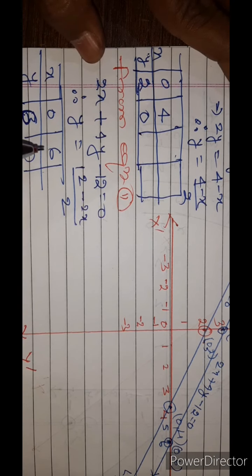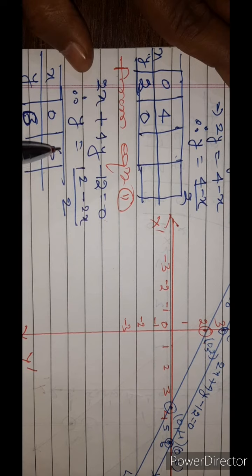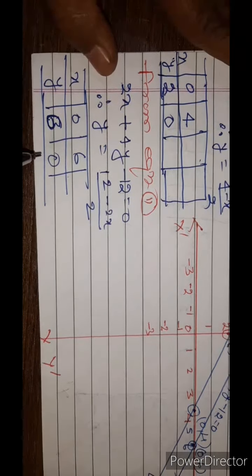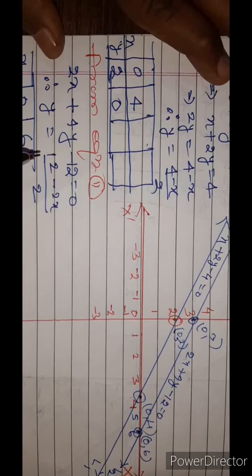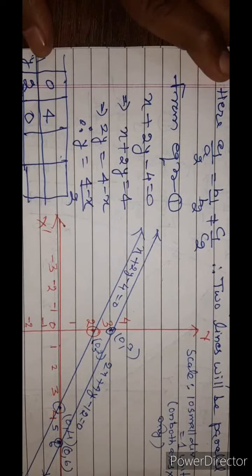After putting the values of x, we get the results shown in the table. Now taking the coordinate values from table number 1,